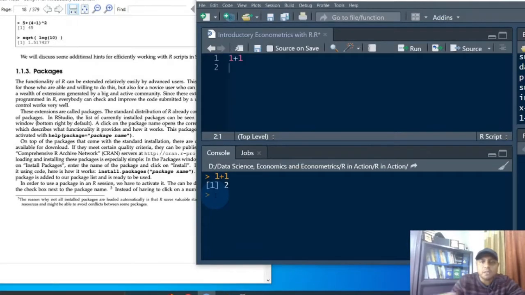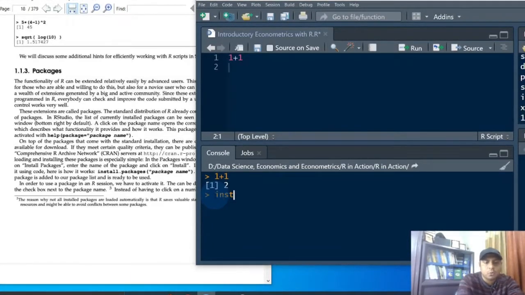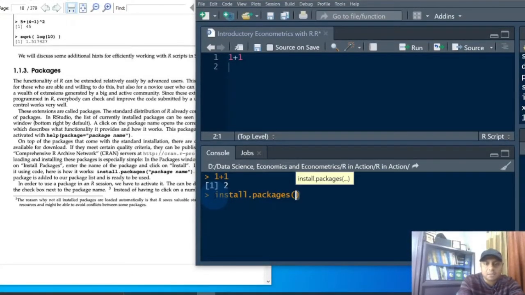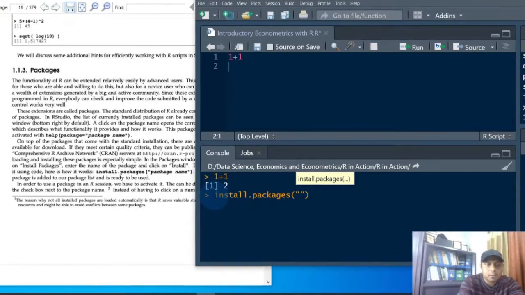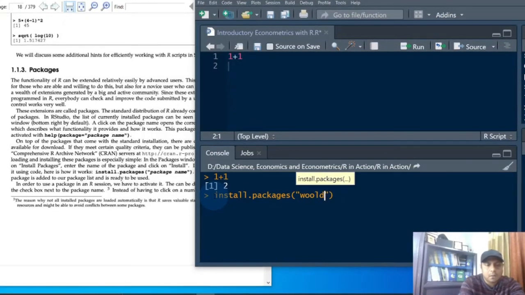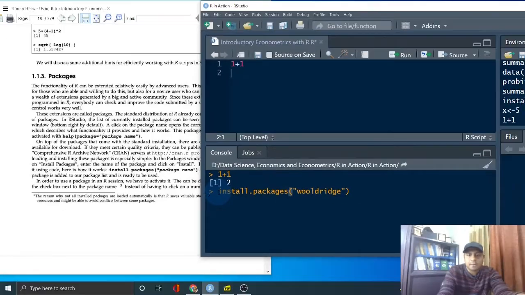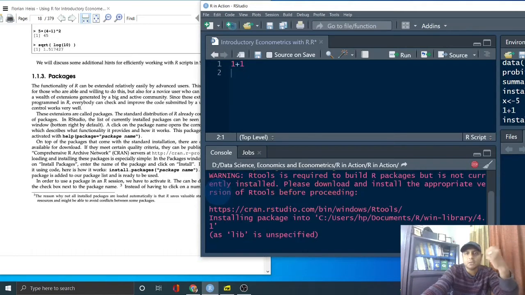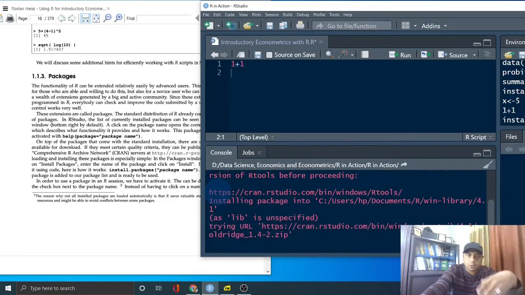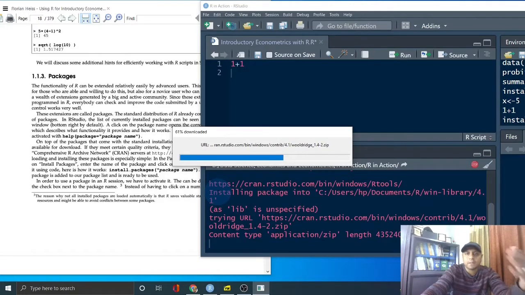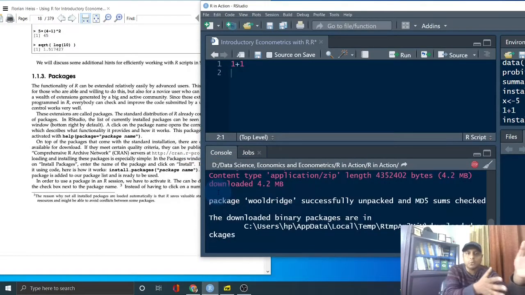So you follow the concept of the Aldrich book, however we apply the concept using the Florian Heiss book. In order to install a package, we just have to go to install packages and give Aldrich within the command. Now if I press Control Enter, it will be executed. We need this package for the whole R programming purposes of the total book that we are following, so we're going to cover everything using this package.